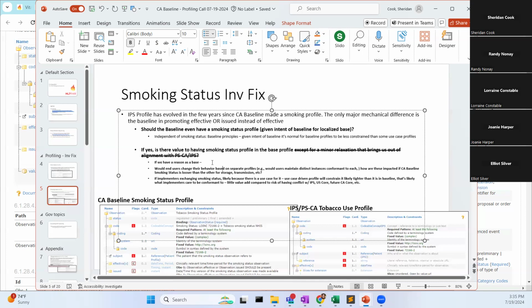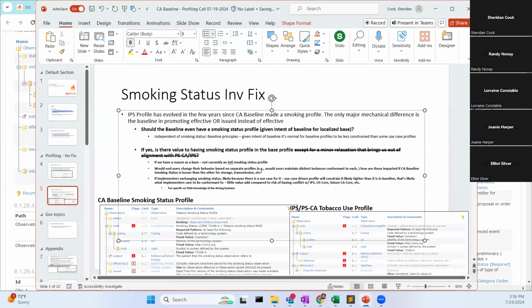The question may be that it belongs in core, supporting the framework, more than it belongs in baseline. I think Elliot's right that having it in baseline is probably not supported by our current knowledge of the business. That doesn't mean it will never be. I just think it's getting too specific to be baseline when you say tobacco use versus just observation. Yeah, I think that's the core of Elliot's point. So I would agree with Elliot.